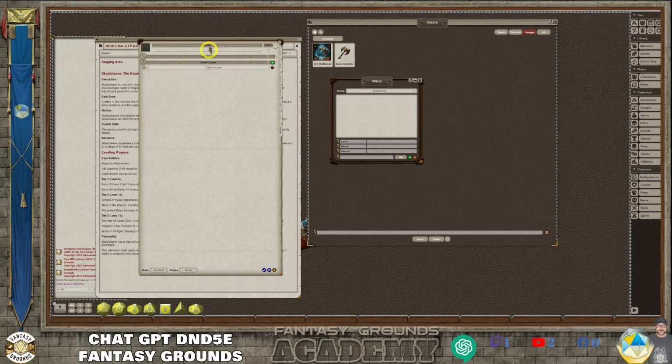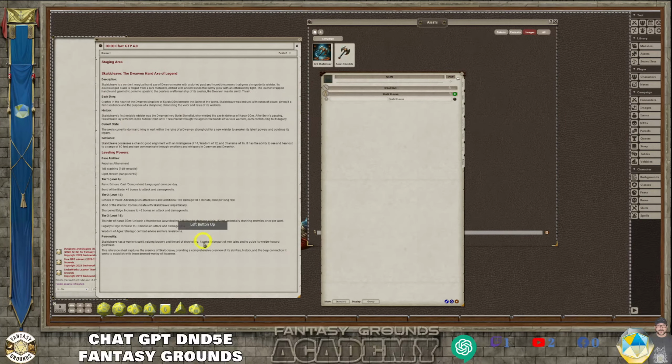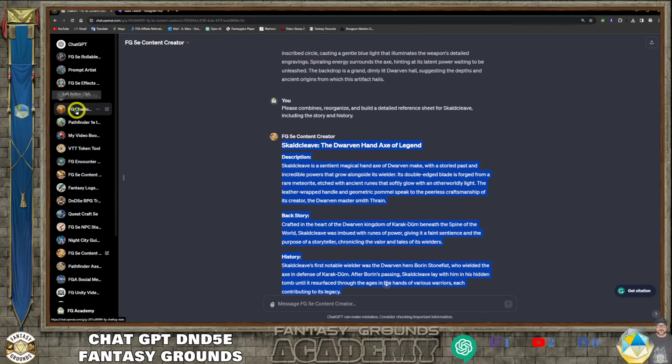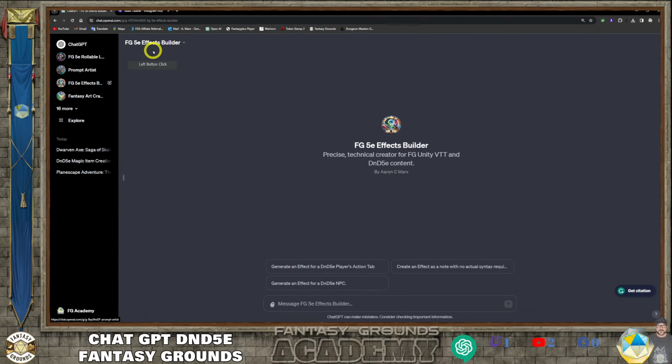Now what I want to do is take the text from here, copy and paste, and then, just for the sake of completeness, I wanted to show you another thing. So there is a thing that I made. This is a 5e effects builder. So if you need any automation, what I'm going to say is create effects automation